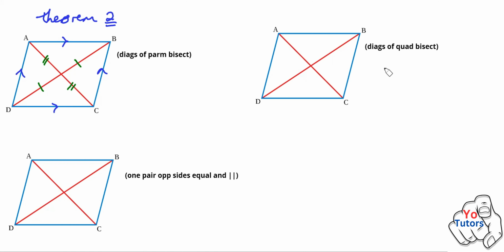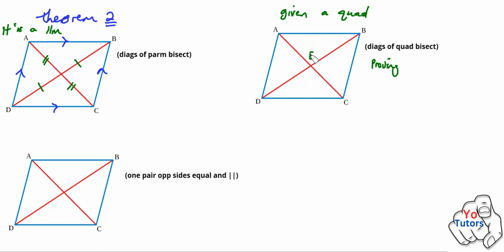The converse now is showing that you are given a quadrilateral. Here again, in the theorem, what are you given? You are told that it's a parallelogram that you're dealing with. Now here you are given a quadrilateral, and you need to prove that it is a parallelogram. So what you'll be proving here is